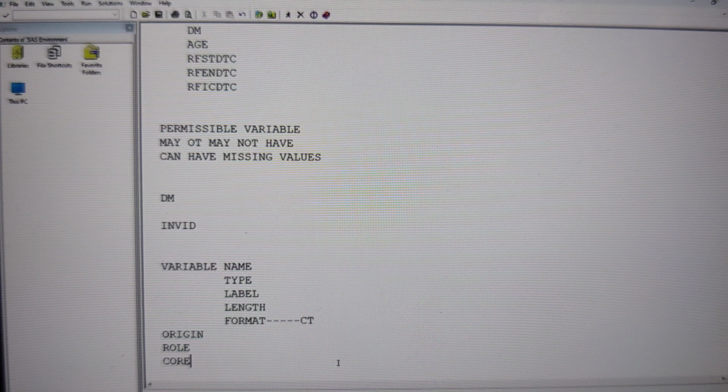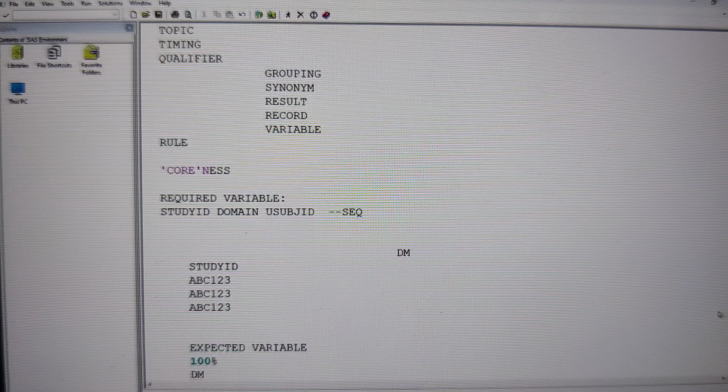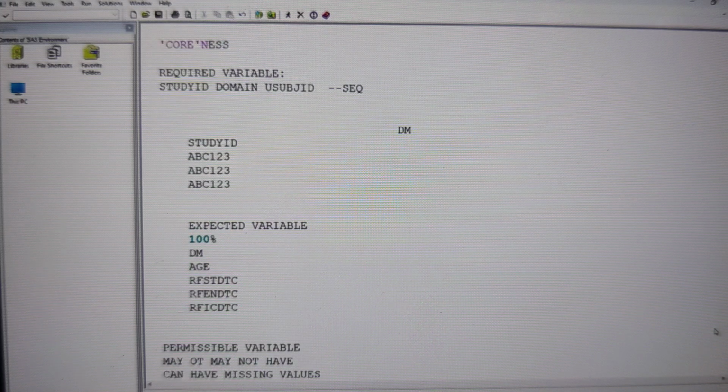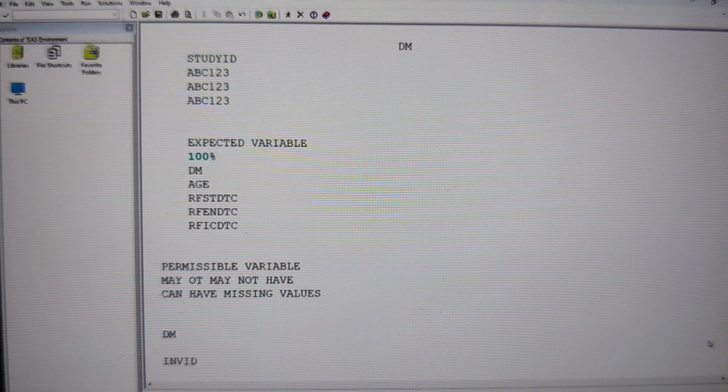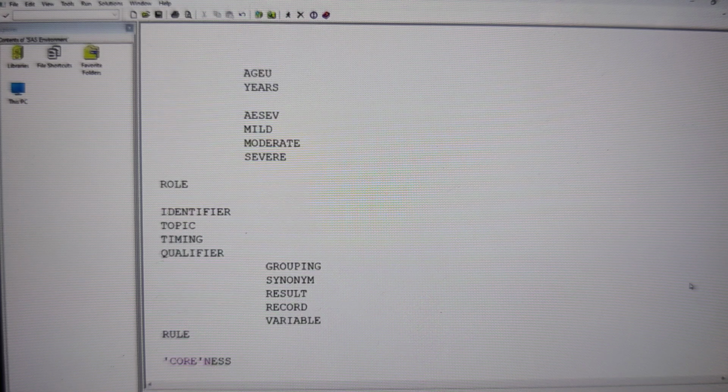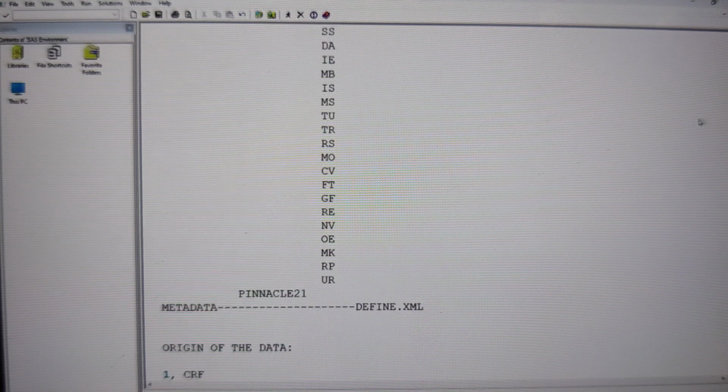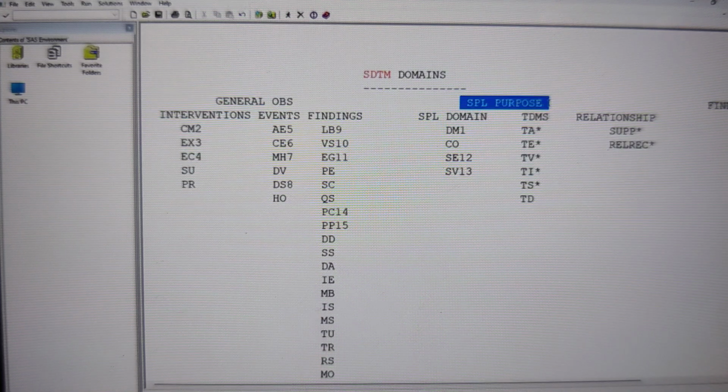I will explain the define XML, how to generate the metadata, everything, once we have completed the CDM by taking all the data sets as one batch and generating the define. Clear, everybody? Yes, sir. Now, CTCAE means Common Terminology Criteria for Adverse Events. Understand? Okay, and in tomorrow's class, I'm going to start with the special purpose domains, with the first domain, DM. So the actual SDTM classes are going to start from tomorrow. Understand this one?